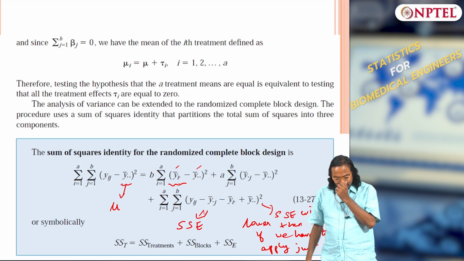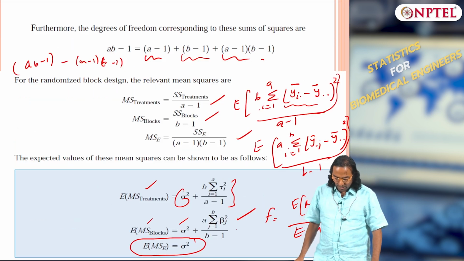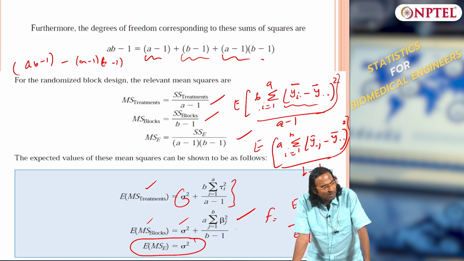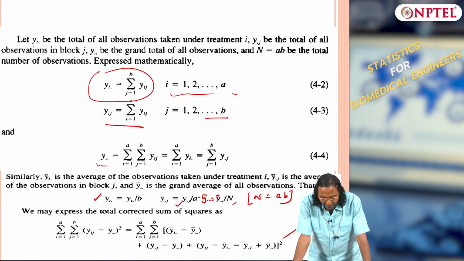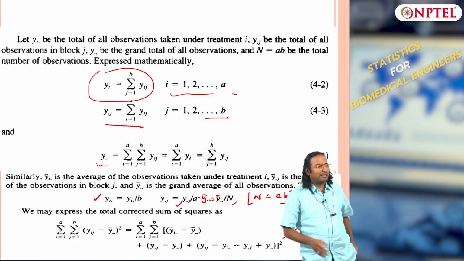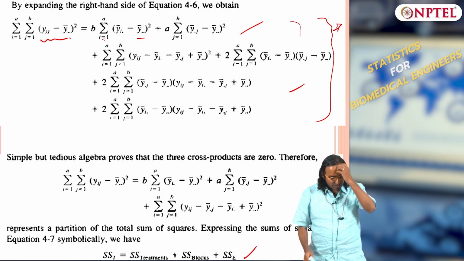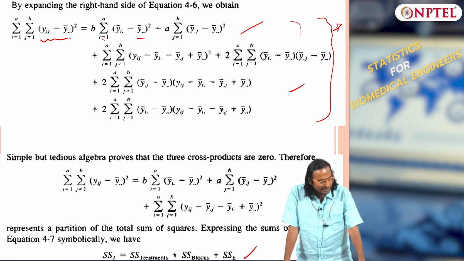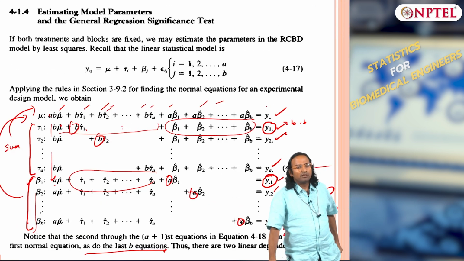So, we had this identity, that is sum square total equals sum square error plus sum square treatment plus sum square blocks, and exactly like your ANOVA, you have mean square treatment, mean square blocks and mean square error that can be derived. Mean square treatment is a function of tau i squared, mean square blocks is a function of beta squared, and mean square error is just sigma squared. So, you can take ratios, and like ANOVA we had the row mean, column mean, grand mean, okay. I have shown how we get the 3 terms, the cross terms go to 0, and we had the regression equations also written up towards the end of the last class.